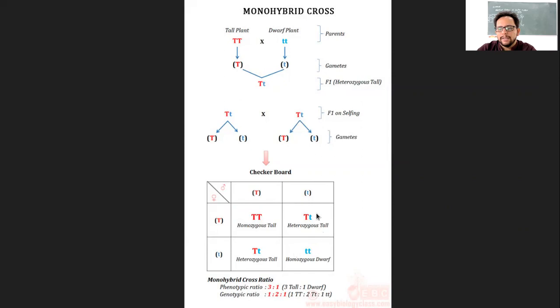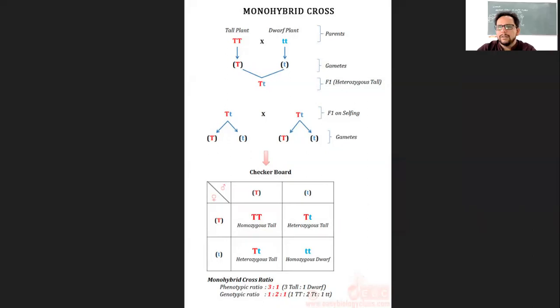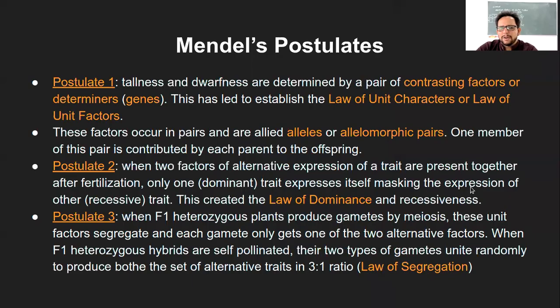In that case, what we get is the phenotypic ratio of 3:1, 3 with the dominant phenotype being expressed and 1 with the recessive phenotype. And the genotype ratio will be 1 homozygous dominant, 1 homozygous recessive, and 2 heterozygous individuals. So that way the phenotype and genotype are assessed in the monohybrid cross. And then we had also looked at what are different postulates and so on, what leads to ultimately different laws that the others tried to formulate later after Mendel's experiment.